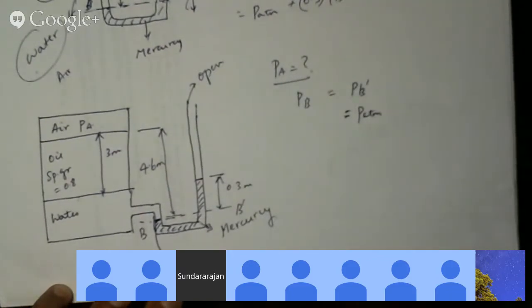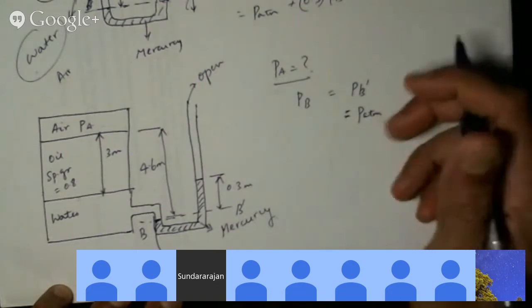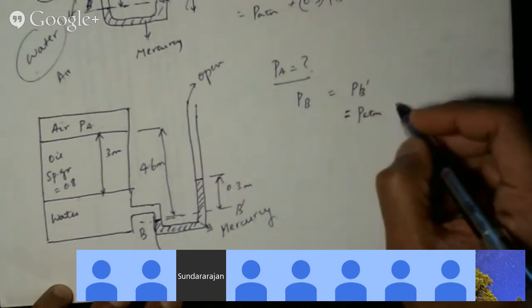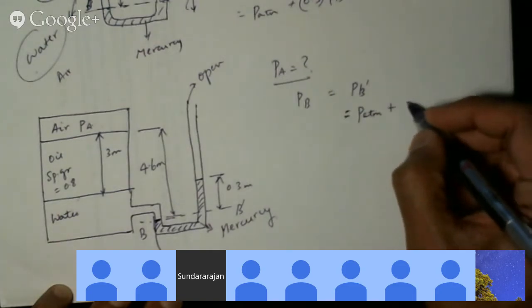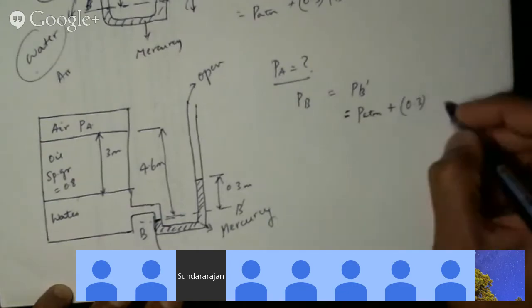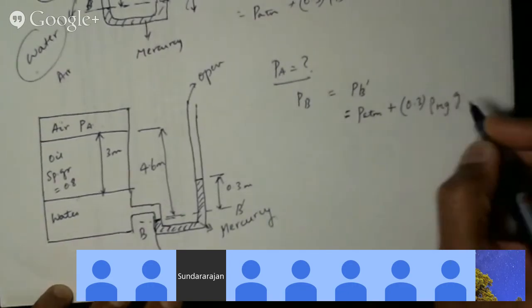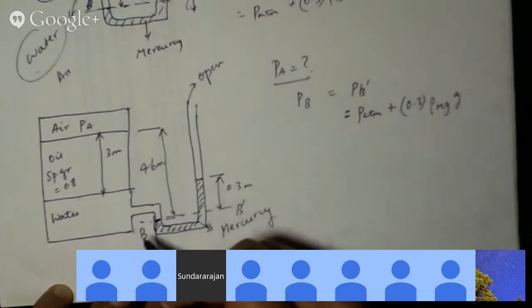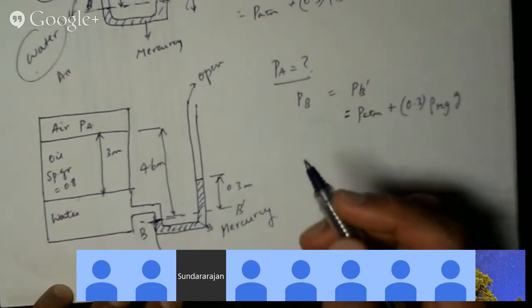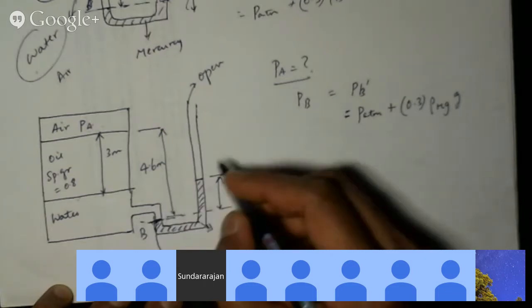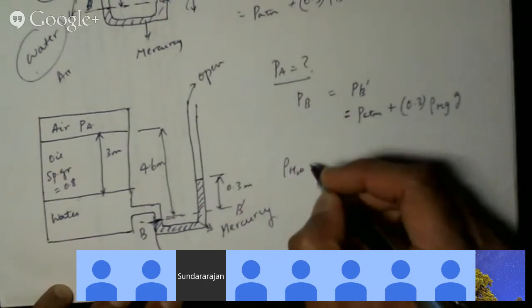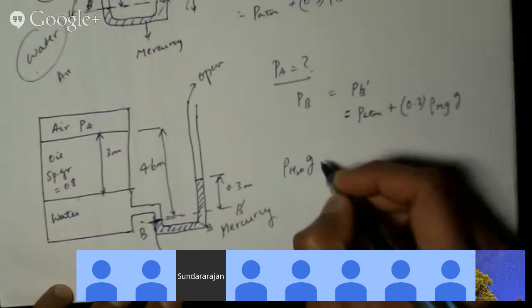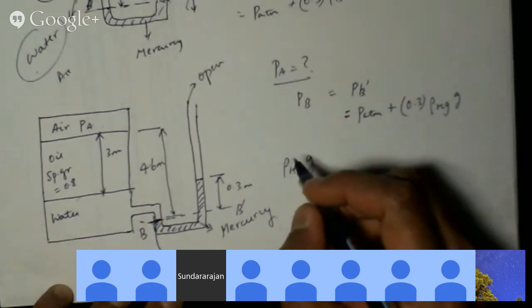Okay, atmospheric plus rho GH. And H is 0.3, times the density of mercury times G. Okay. What about on the other side? And the other side, it's the density of water, which is 1,000, times gravity times the